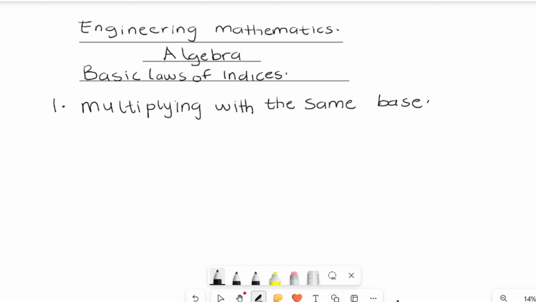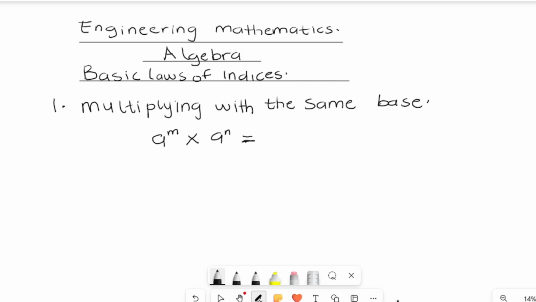Let's say we have a base a raised to power m, or you can call it index, or you can call it exponent, times the same base again, a raised to another power n. So our answer will be equal to,